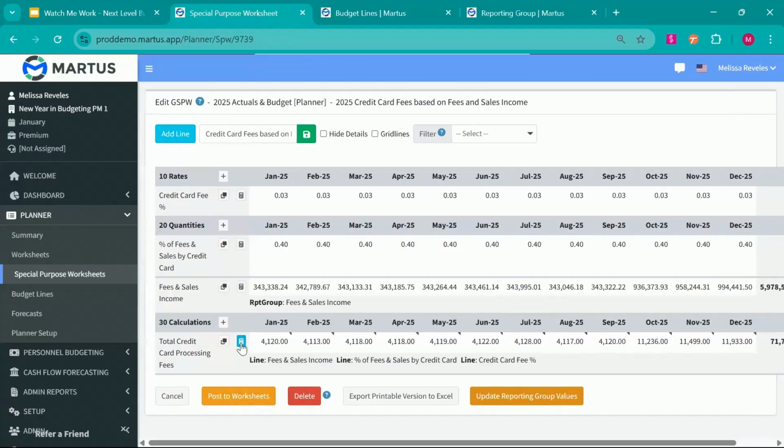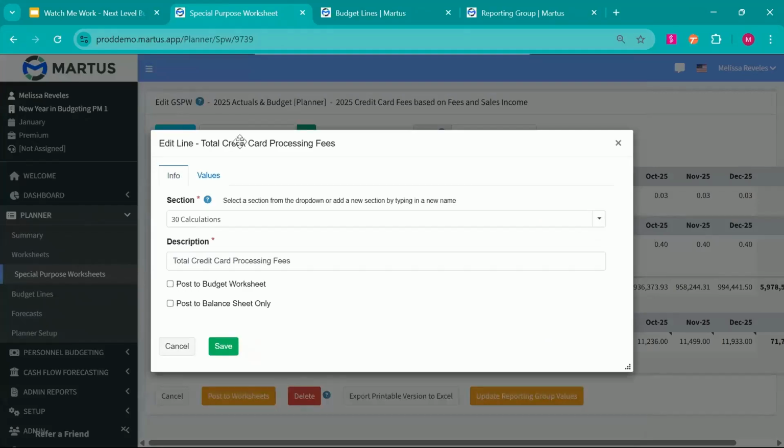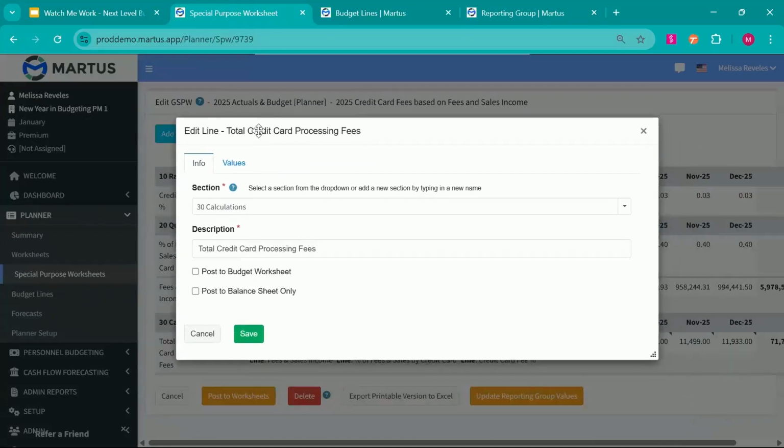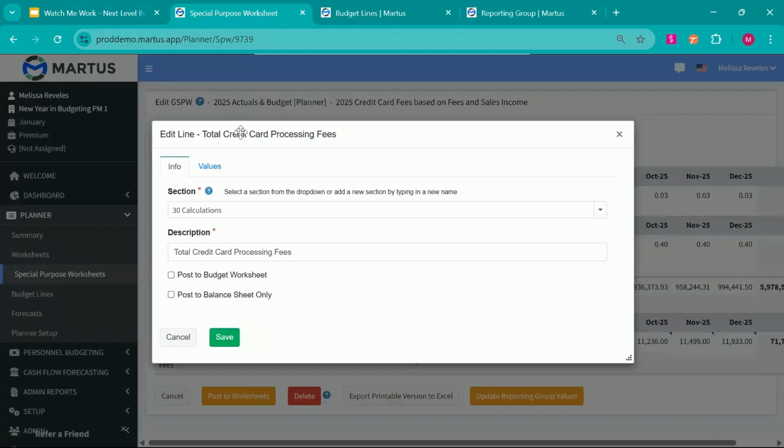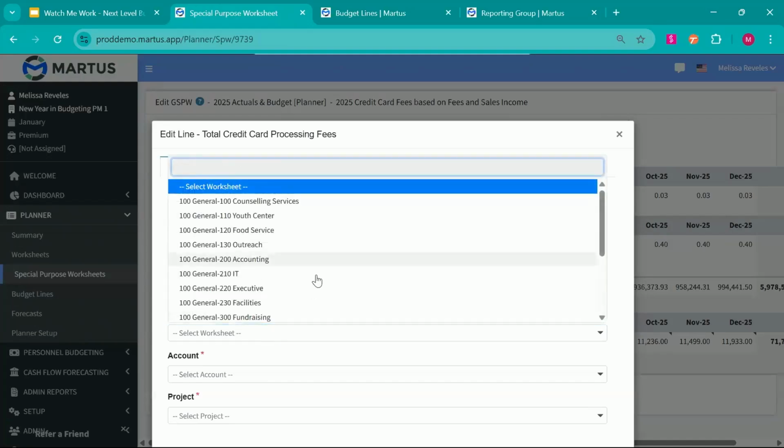Yeah, it does. Now, one of the reasons we're using our global SPW here is because global SPWs allow you to interact with any worksheet that you want. What I mean by that is it's going to allow you to pull in reporting group values from any worksheet. But what we want to do is post this line, this total credit card processing fees, and we're going to choose our